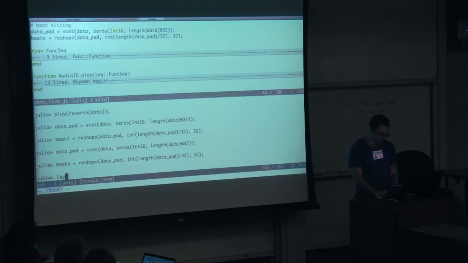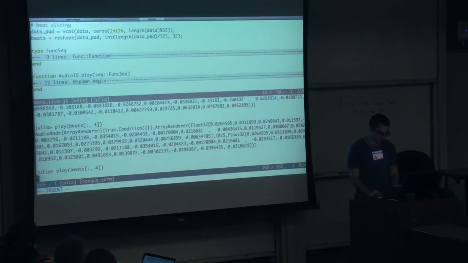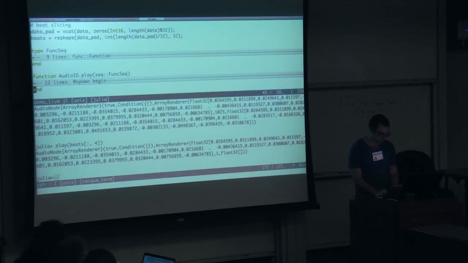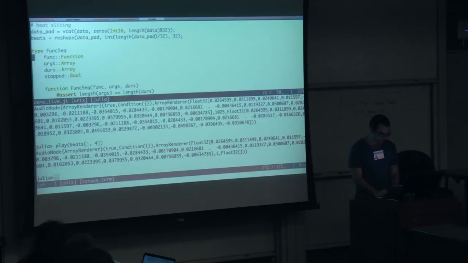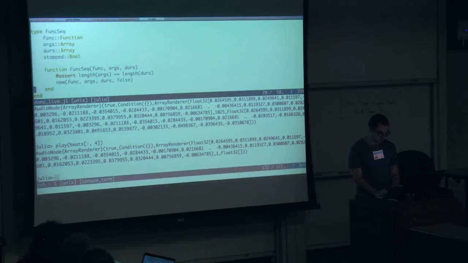I could play the beats, all of them. So that's just one section of it. But here, basically, this is just a little sequencer object that I've put together that